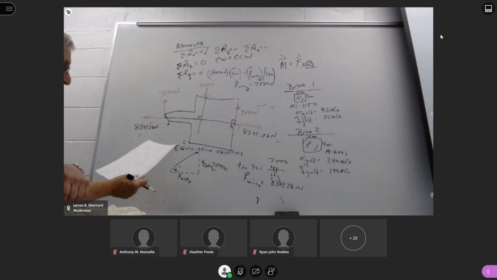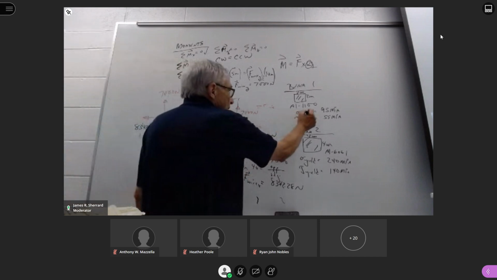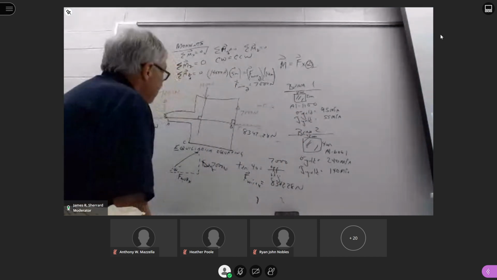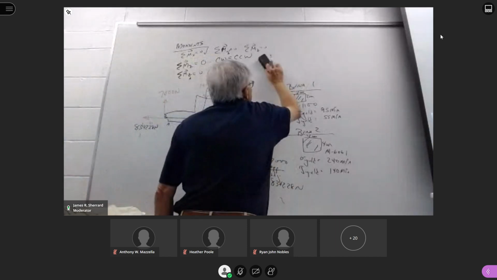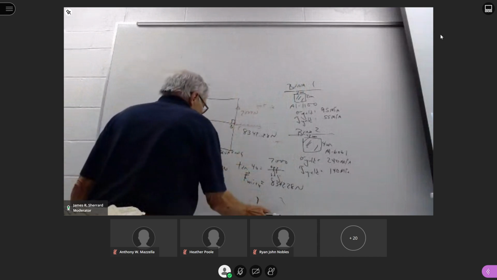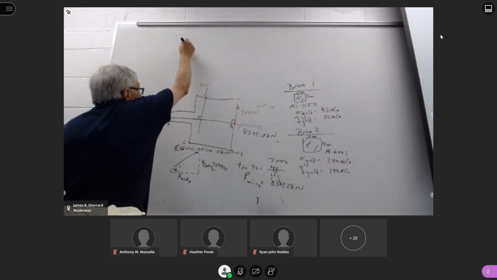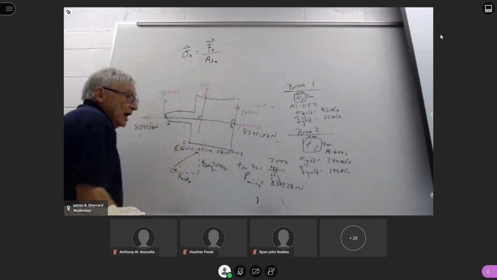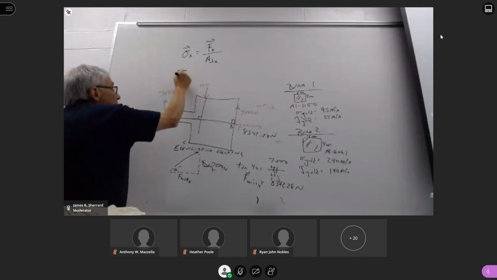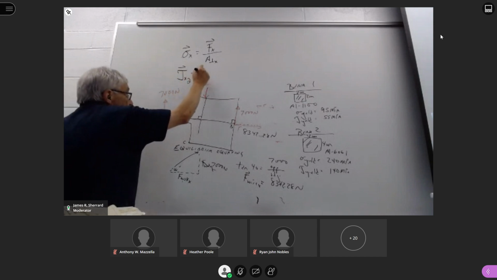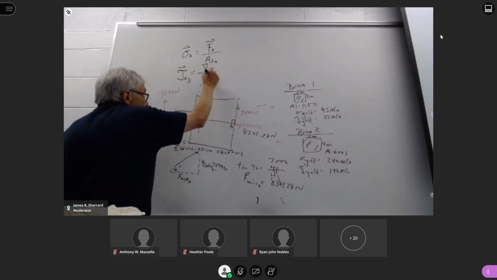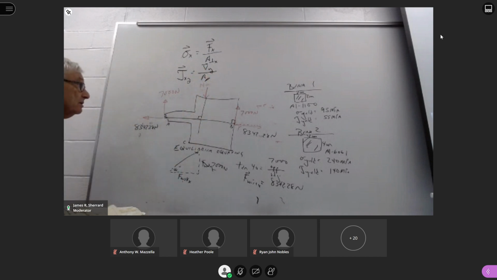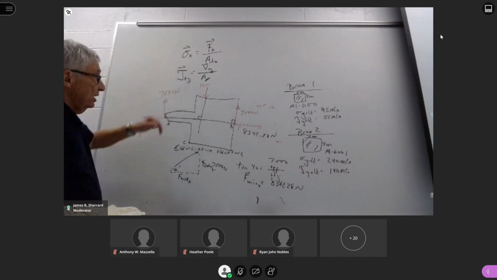I then ask you, what about safety? For safety, we know we're always going to look at plane stress and shear stress. And by its definition, the plane stress is equal to axial force divided by the area that's perpendicular to that axis. Shear stress is equal to shearing force divided by an area that is parallel to that axis. So we need to do a safety calculation